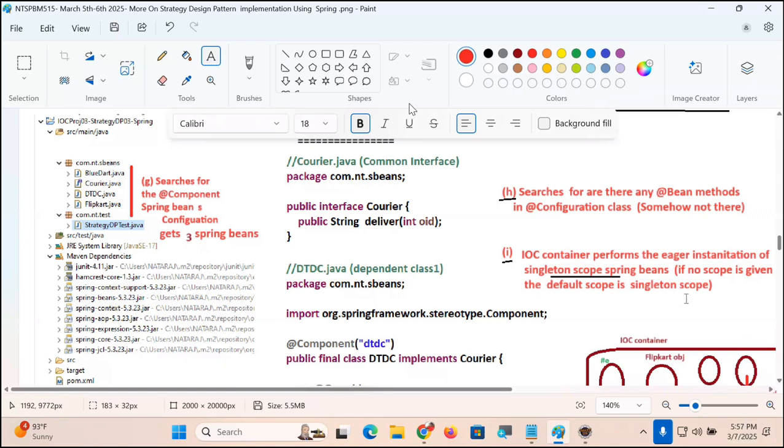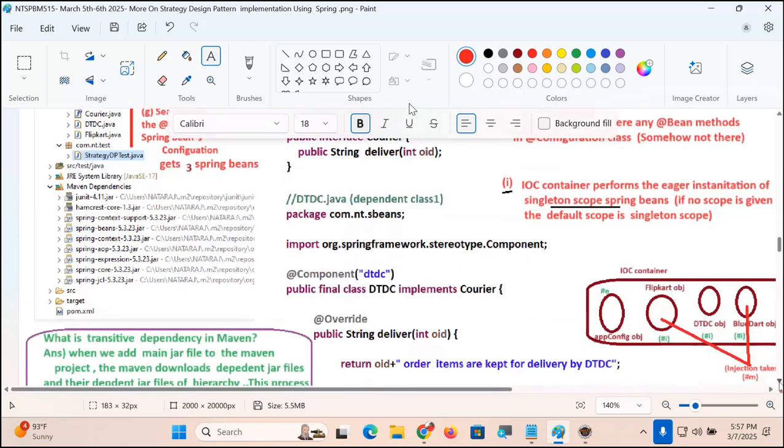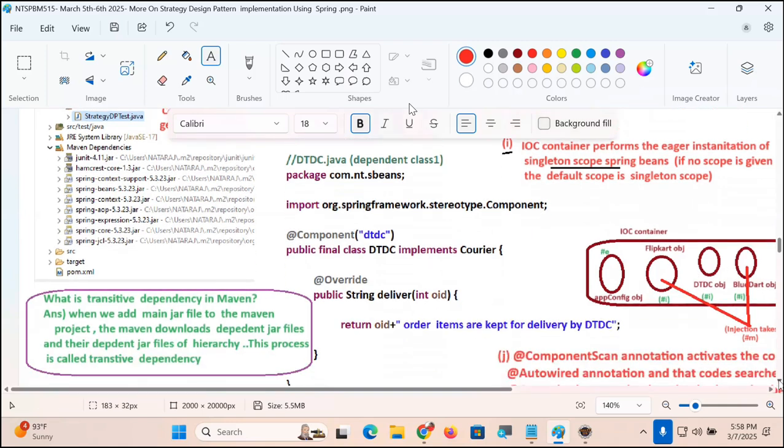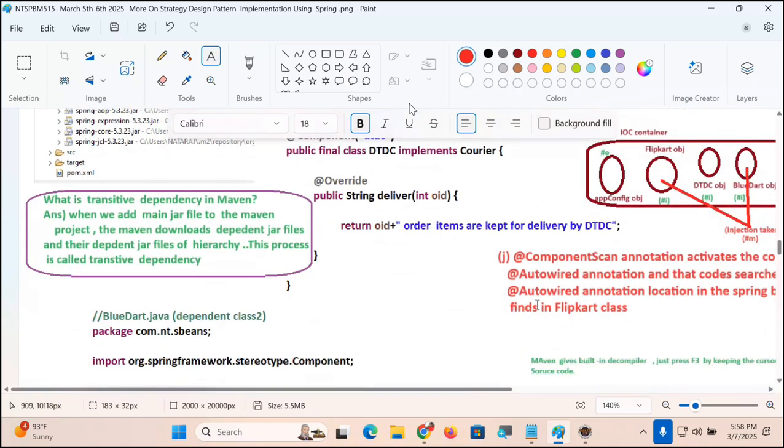Next one. Pre-instantiation of singleton scope Spring beans takes place or not, guys? Okay. All the Spring bean class objects are created here or not, guys? Okay. This is a configuration class object. This is the target and dependent. Okay. Next one, J. The code of @ComponentScan annotation,